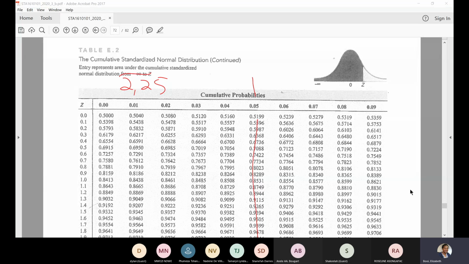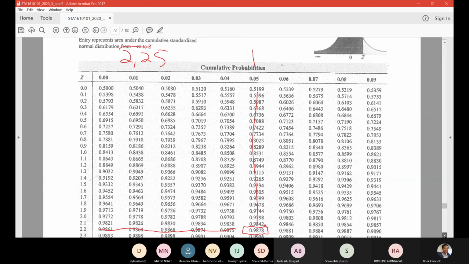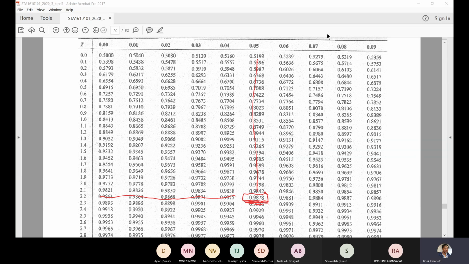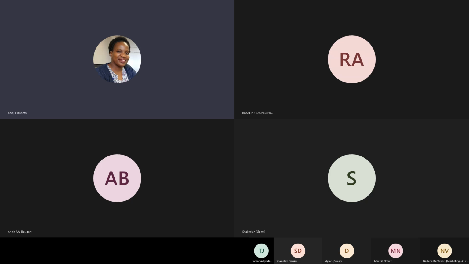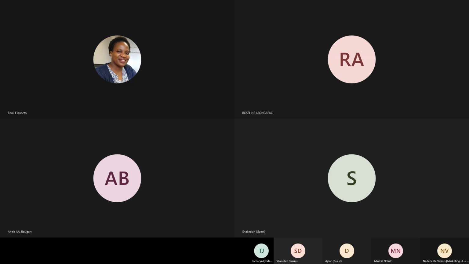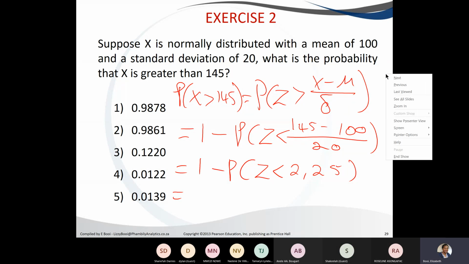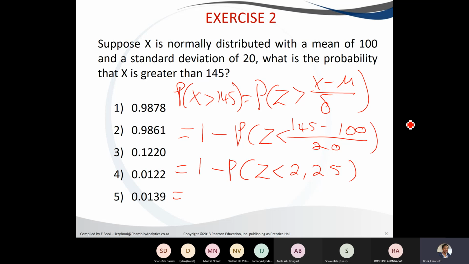Since I'm going to scroll, I've already highlighted the column so that I don't miss the values. And this is 2.2 and 0.05. The probability is 0.9878. Once we have found that probability, then we substitute into the formula: 1 minus 0.9878, and this will give us